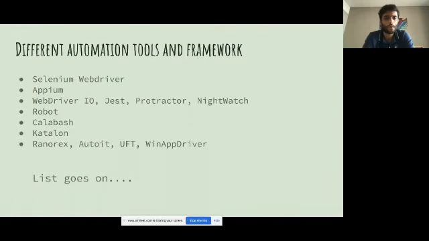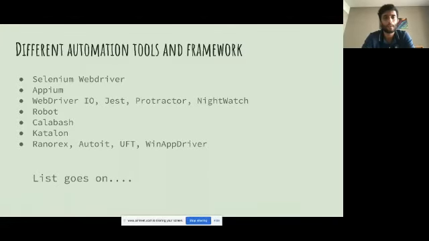Then you have something called Robot Framework. Robot is again underlined by Selenium itself, but it's more Python based. Robot Framework and the Calabash framework are something which is readily available. It's just like plug and play, so that's why it is also gaining a lot of popularity, because your entire framework has already been made. All you need to do is utilize it and tweak it as per your needs. So that's where I think Robot and Calabash are also picking up.